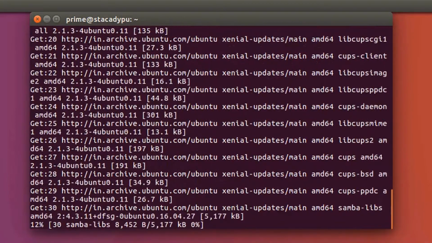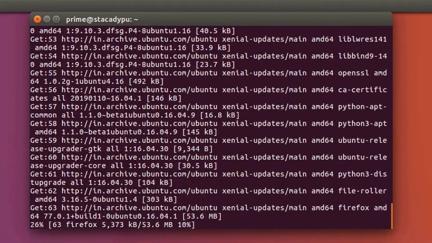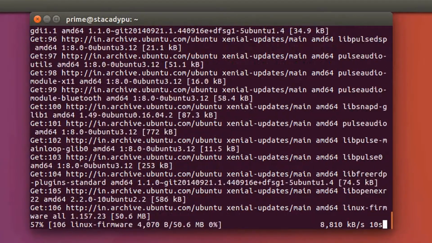It will ask you to type Y as permission first, then it will start upgrading. This may take a couple of minutes, so you can go and have a coffee or just leave it as it is. Your screen won't turn off now.